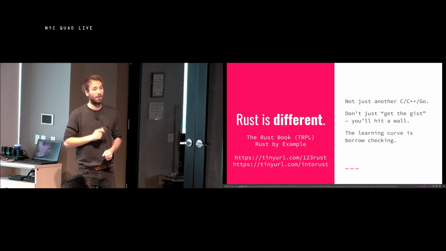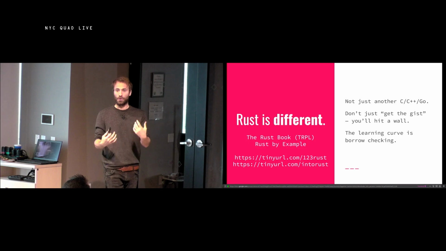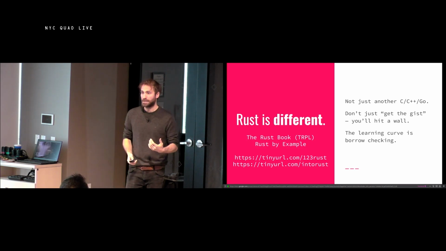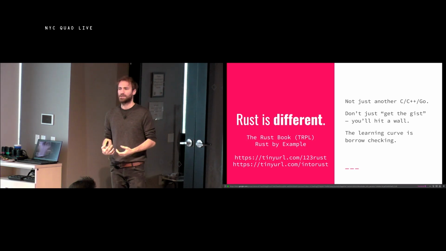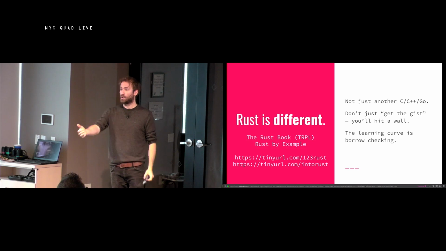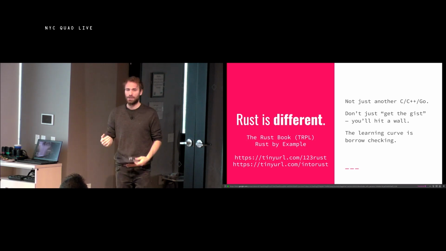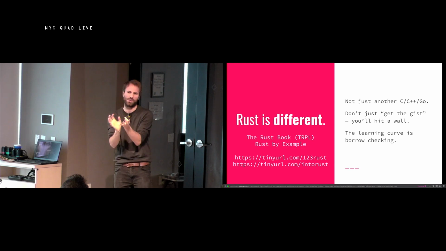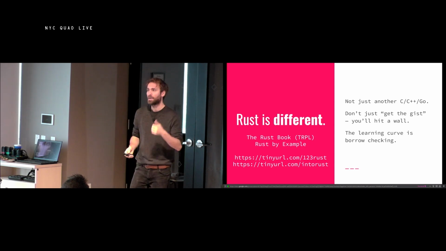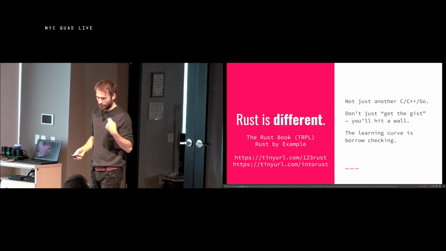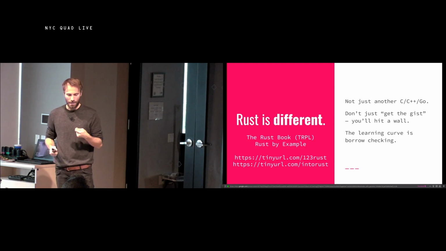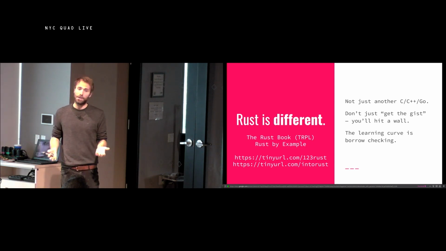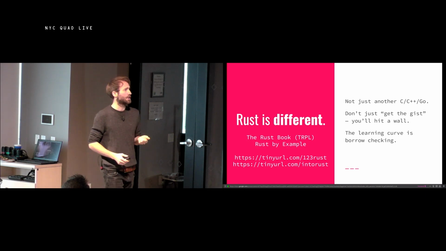There's also something called Rust by Example, for those of you who prefer learning by reading code. Rust by Example goes through many of the same concepts as the Rust book does, but it does so by giving you code examples every step of the way, and you can compile and run the code samples too, to try to understand how tweaking the code helps. These two tiny URLs at the bottom are links to resources with outlines for how you should go about learning Rust. They may or may not be useful to you, but I recommend you check them out if you're interested.